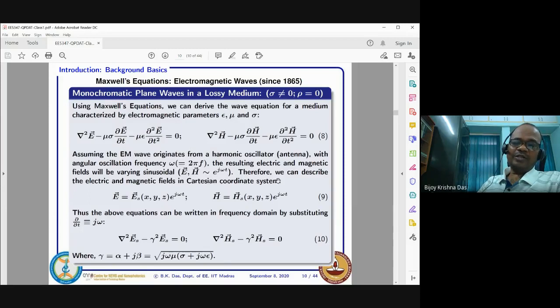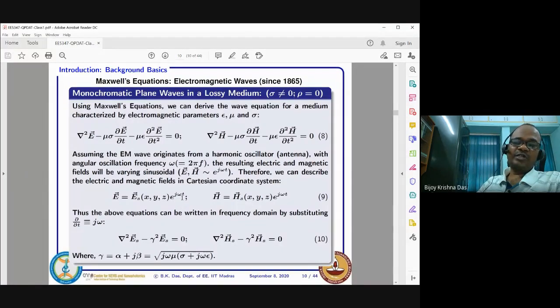So in principle, we can just write down electric field and magnetic field in this form. There must be a solution of equation 8. But we can write that one. We write electric field equal to Es. S stands for spatial, that means position dependent. So position dependent part Es(x, y, z), and along with that we also use vector notation, multiplied by the time dependent part e to the power j omega t. So e to the power j omega t is known.